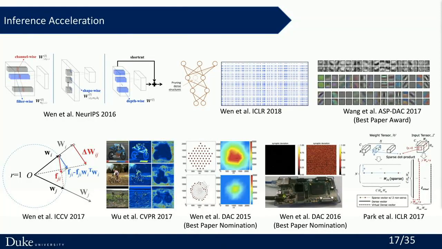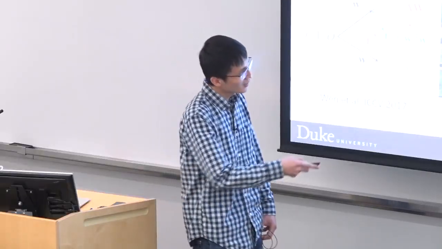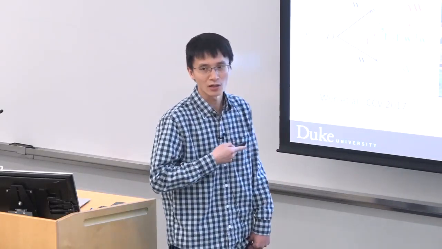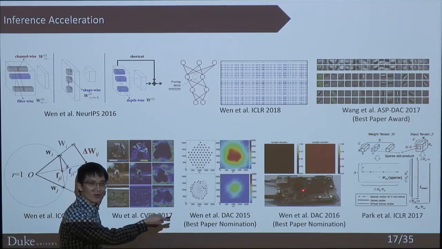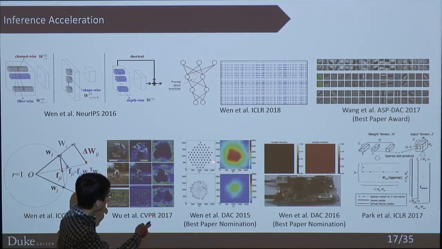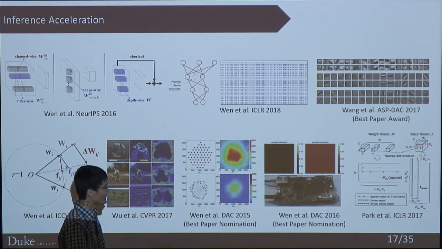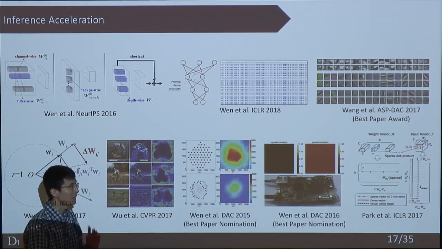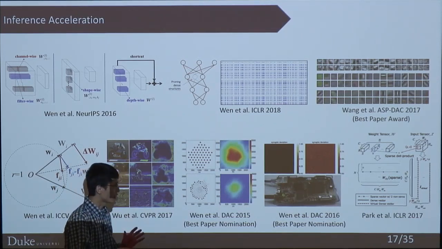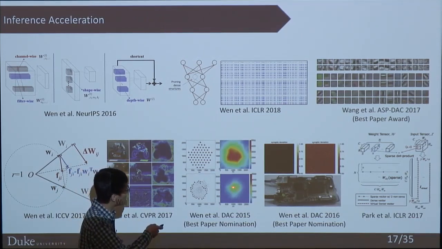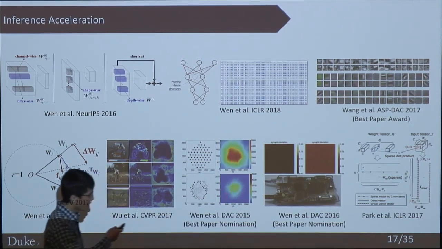So I'm going to move on to my second part of research, on making inference faster. Inference acceleration. I did a bit more research on this. I even tried to put a neural network on a chip which only supports spiking neural networks. I also tried to cluster the neurons of a sparse neural network to make wire congestion in the circuit design more efficient. But I won't go into too much detail.